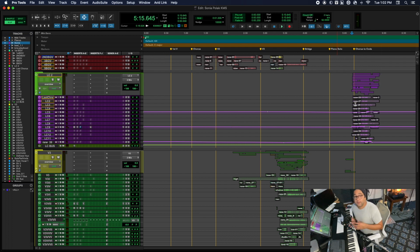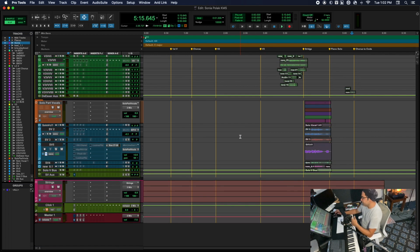So that's basically the whole map of our version of Killing Me Softly. Just keeping it simple. It started off as a vocal and piano, and then I started with the strings. Was this project perfect? No, because I recorded basses to add more depth to my strings, and then when I went back, it wasn't there, and I was like, well, sometimes you have to look at it as a real session. So imagine just